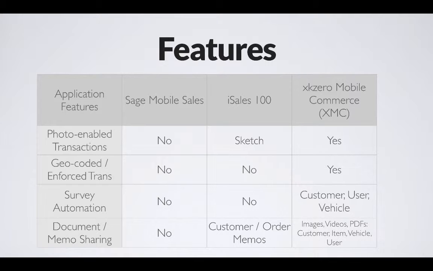XMC geocodes everything, has a very robust and user-definable survey application, so you can build surveys for customers, for users, for vehicles, and so on. And then I mentioned the document sharing with XMC. It's drag and drop document sharing of images, videos, PDFs, and so on. And you can share those documents at the customer level, at the item level, at a vehicle level, at the